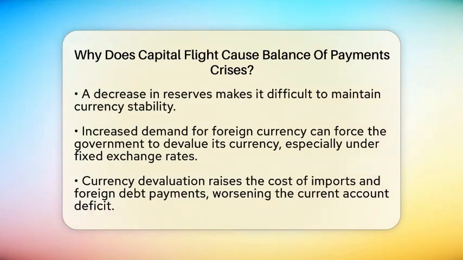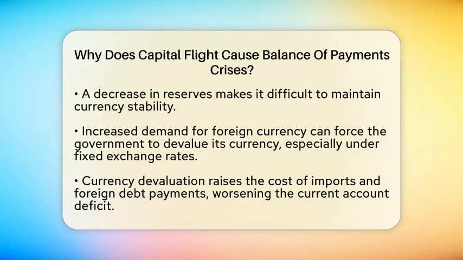This rapid outflow of capital reduces the country's foreign exchange reserves. Foreign reserves are the money a country holds in foreign currencies to support its own currency and pay for imports. When these reserves shrink, the country struggles to keep its currency stable. As money leaves, the demand for foreign currency increases. If the country has a fixed exchange rate, the government might be forced to devalue its currency to meet the